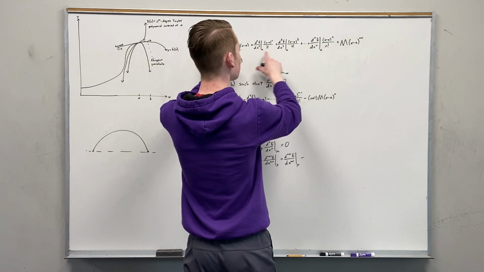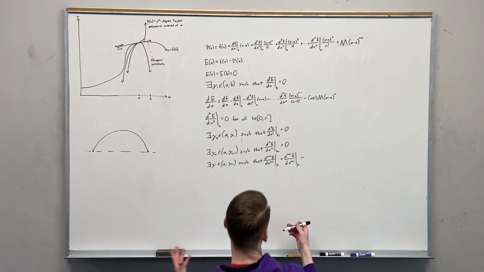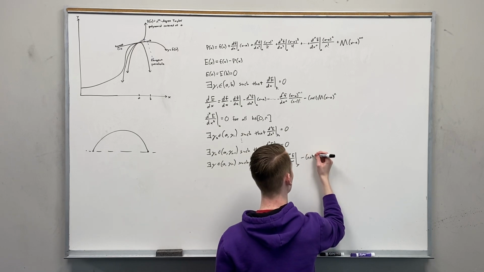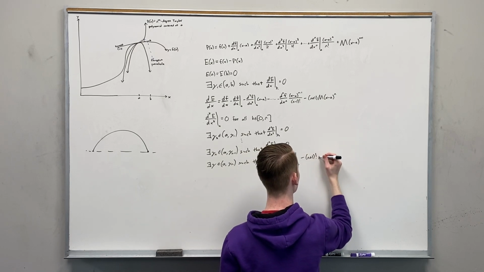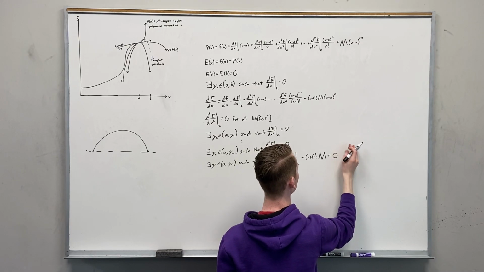So our n plus 1th degree derivative here is going to be just a constant, so I don't need to plug in, obviously, because it's a constant, and it's going to be n plus 1 factorial times m, and that is going to be 0 for whatever this gamma is in between a